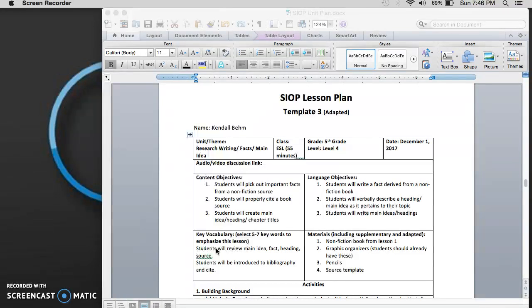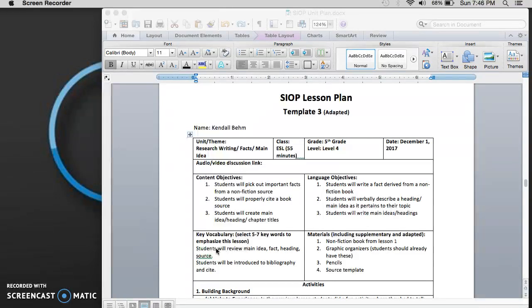And then they're going to get a good portion of the class time to just kind of use their nonfiction book to pick out facts related to their research topic, write them down, put them into chapters, create chapter titles, create headings, and bounce those ideas off group members, off a partner, and work with the teacher, ask questions, and just kind of get any support that they need in being able to go through that